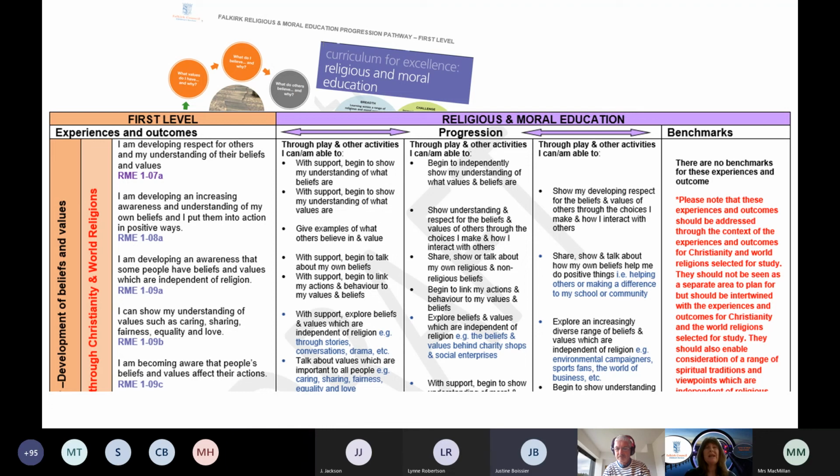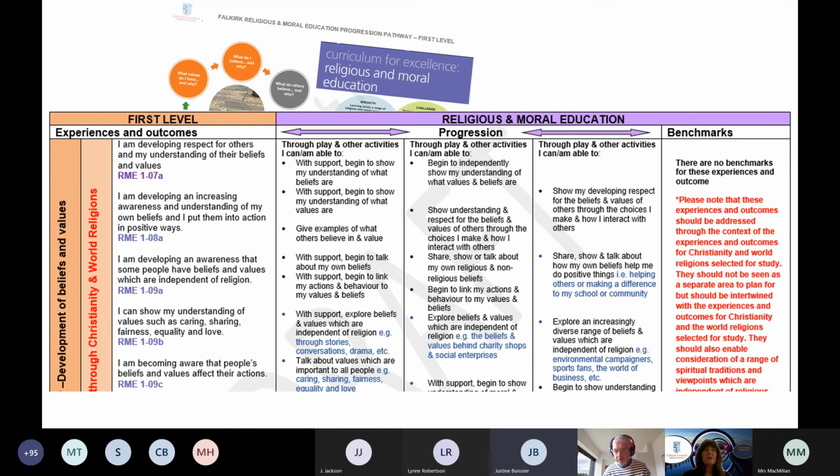So what our practitioners are beginning to be able to do is to use these pathways in conjunction with the bundle plans. And the idea is that our progression pathways pick up on the differentiation, the progression within each level, so not only across each level, but within each level, to support practitioners' planning of the detail of, first of all, what they want to do, so that they can then focus in on differentiating it, getting the pace and the challenge correct for the learners that they are working with.